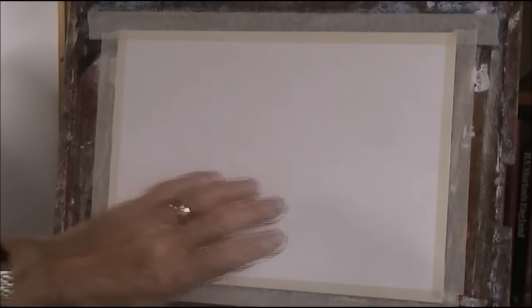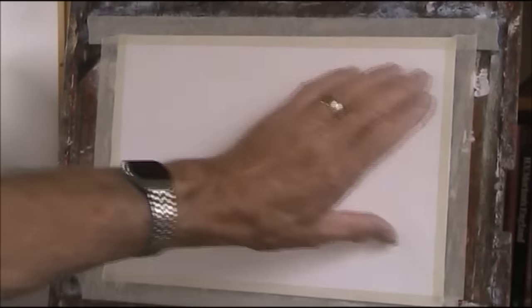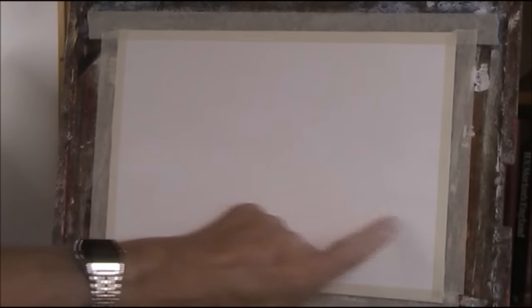I've primed both sides with some household emulsion. The reason I do both sides is I coat one side, dry it off with the hairdryer, turn it over and coat the other side so that it evens up the bounce in the paper. So there's just a couple of little bits that are lifting there. So it's pretty good actually. Now carrying on with the